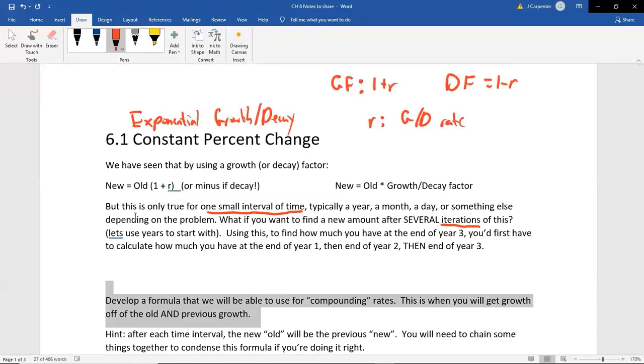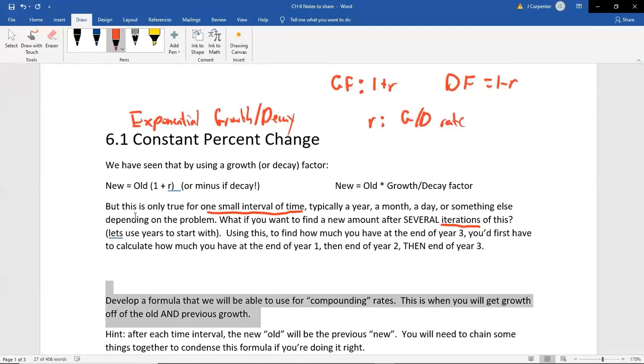This is when you will get growth off of the old and previous growth. So the idea of compound interest has been addressed in here very lightly previously. We saw when we had that TV loan problem, when we weren't paying it off at all, the interest for the first month was, say, $10, just throwing a random number out there. But then the interest for the second month was like $10.10. And then the interest from the third month was like $10.21. And then